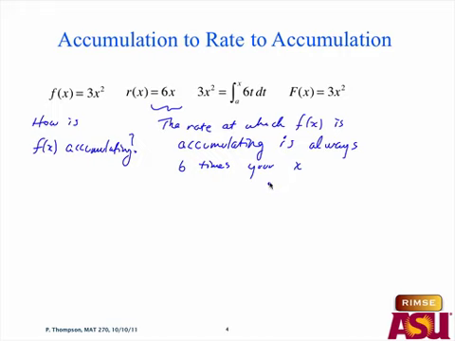So it's 6 times the current x value. So the rate depends on what x value we're at. Whatever x value we're at, the rate of change of the accumulation of f is 6 times that x value. Okay, so if x was 2.1,